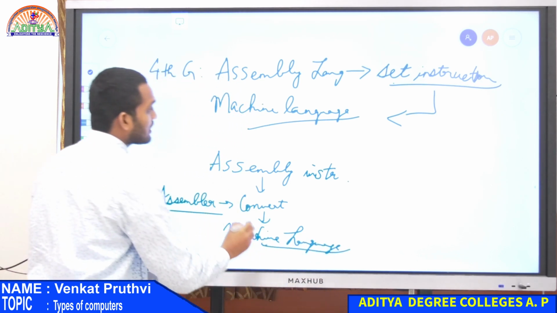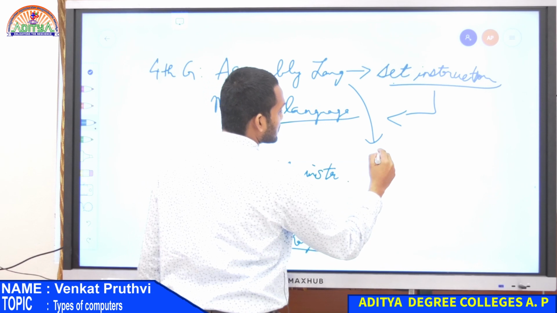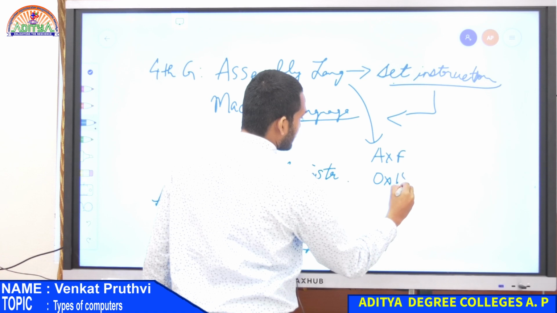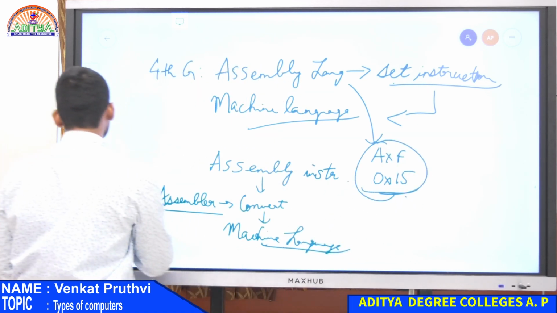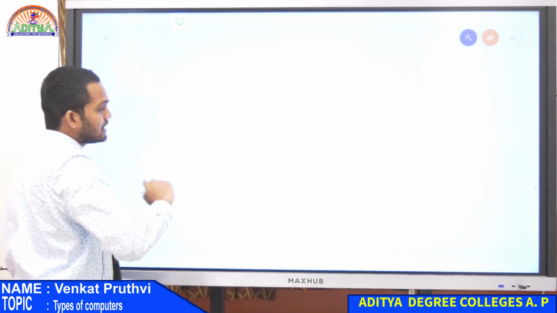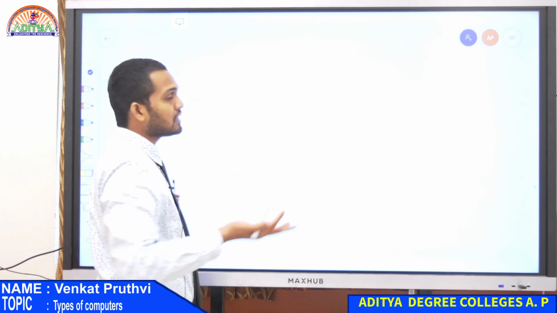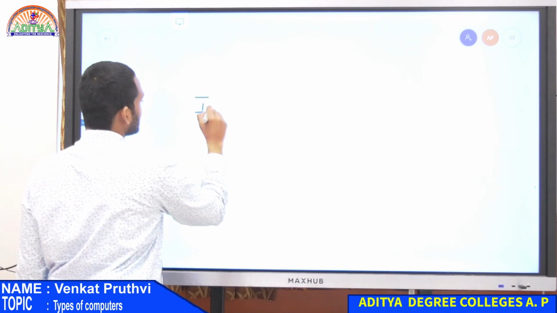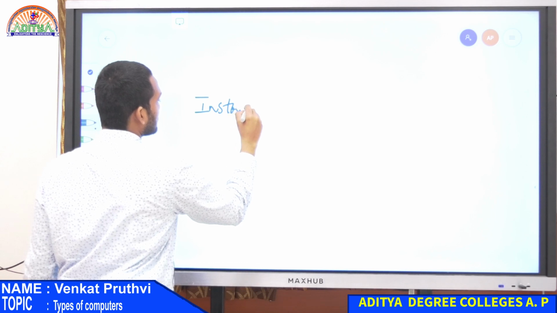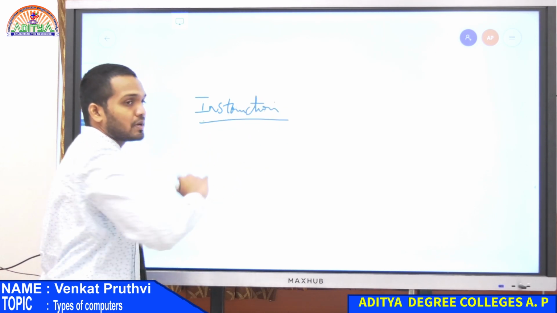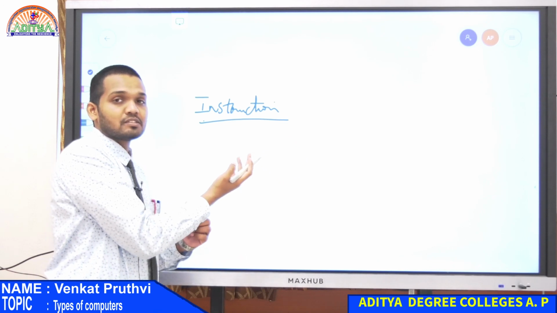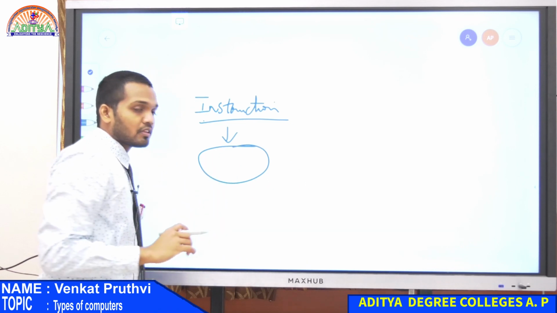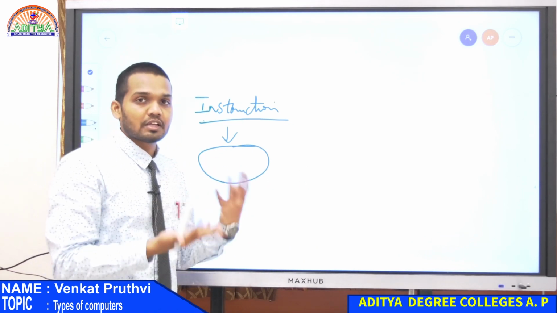Your assembly language is always something like short codes, AXF. You have short codes for your assembly language like this. Based on those codes, each of it is programmed in such a way that there are different instructions for that. Whenever you provide an instruction to the computer, it is converted into assembly language, and from the assembly language to the machine language by the assembler, and over there the computer will be able to understand what instruction it has to follow.